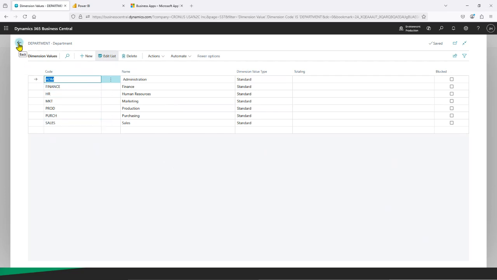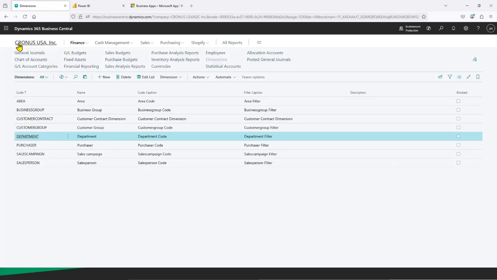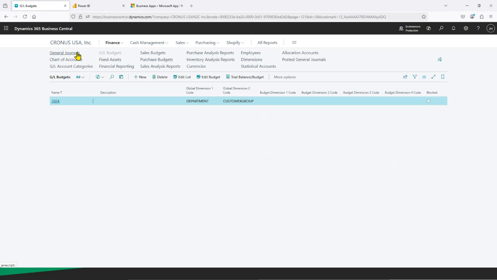The third prerequisite is setting up general ledger budgets. One of the capabilities of the financial reports inside of Business Central is the ability to do comparison reports, actual versus budget. First, before I can run that comparison report, I'm going to have to create one or more budgets inside the